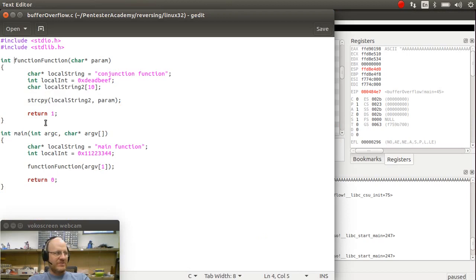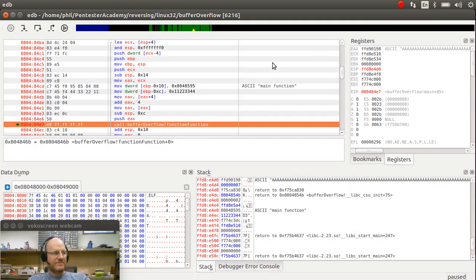So here's my source code. I have the one parameter. It's a pointer, and it's been pushed onto the stack, and I'm getting ready to call the function. So now I'm going to step into this function,